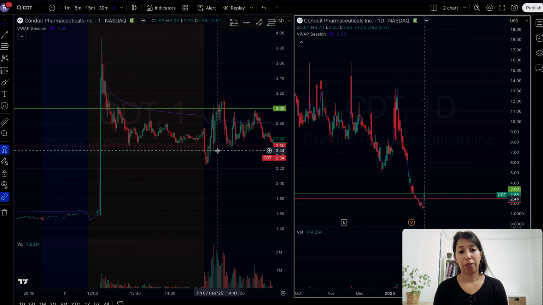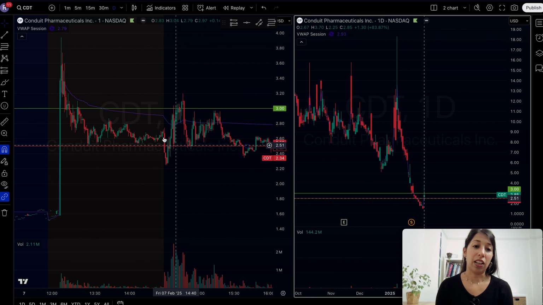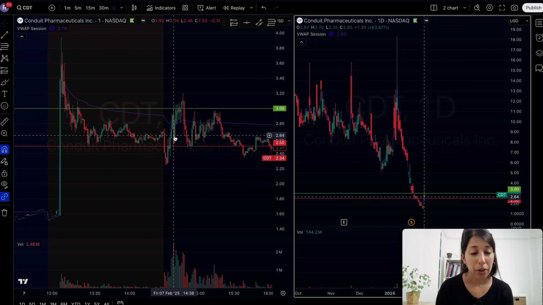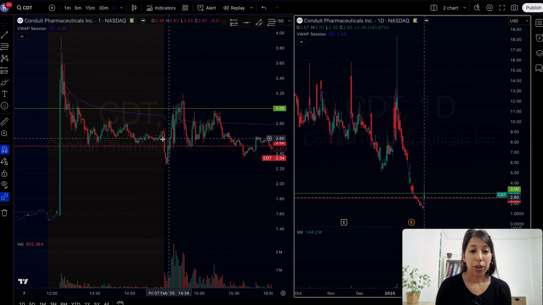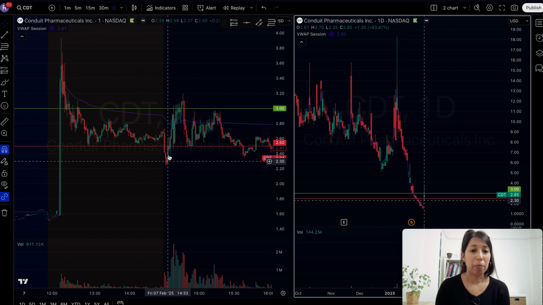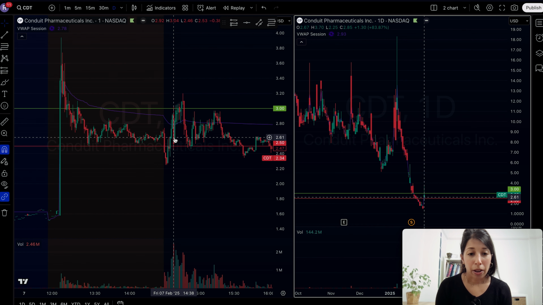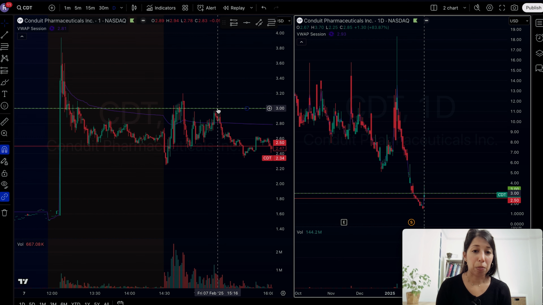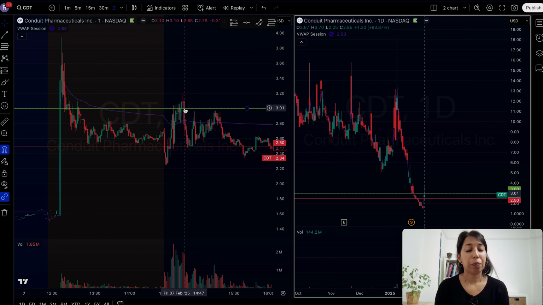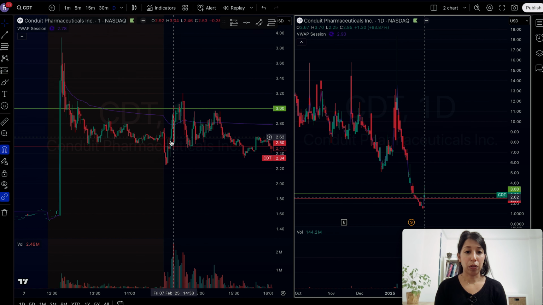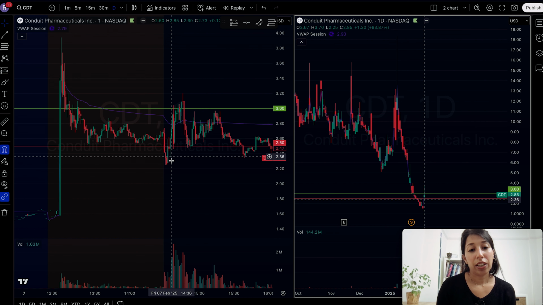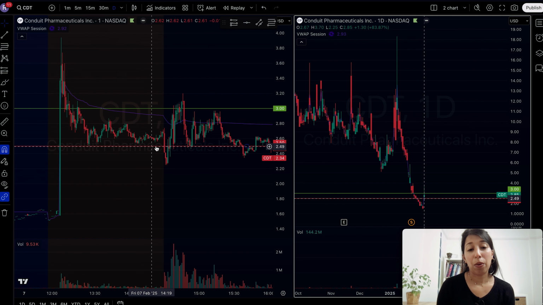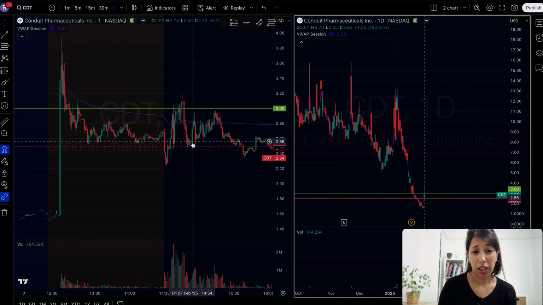But saying that, if I had waited till market open, I wouldn't have traded in this first minute or 5 minutes, because I like to see how it plays out. So I could have potentially got in here, and I put my profit at $3, just where there was some resistance pre-market and also a whole dollar mark, which is pretty important. So I could have got in somewhere around here and then risked off, rather than the two. Well, I could have still got in here and risked off